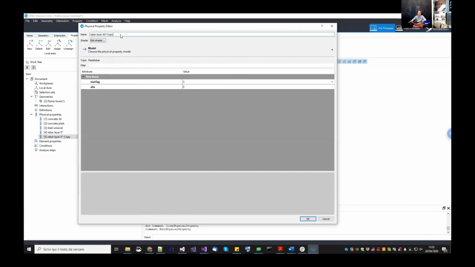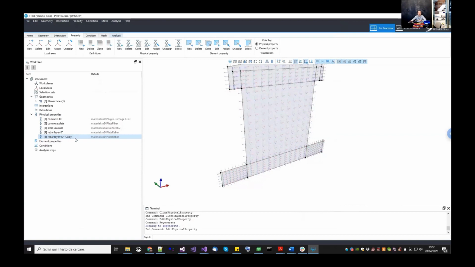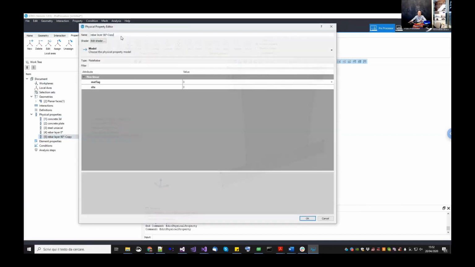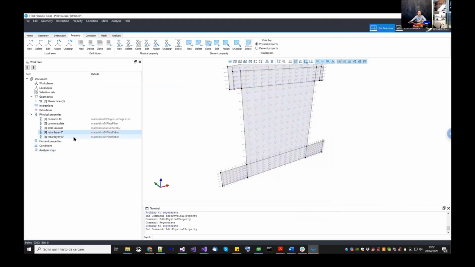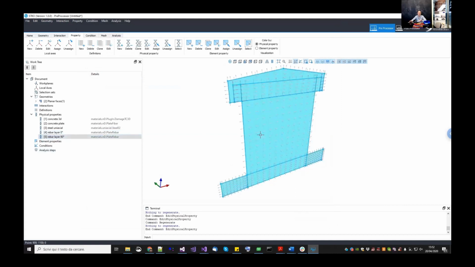So 90 degrees, and I put 90 here. Okay, now we have these two layers,